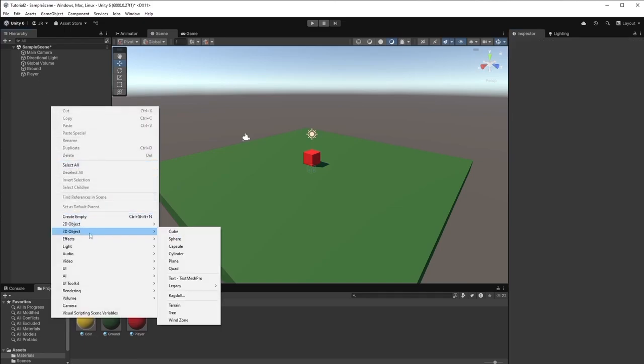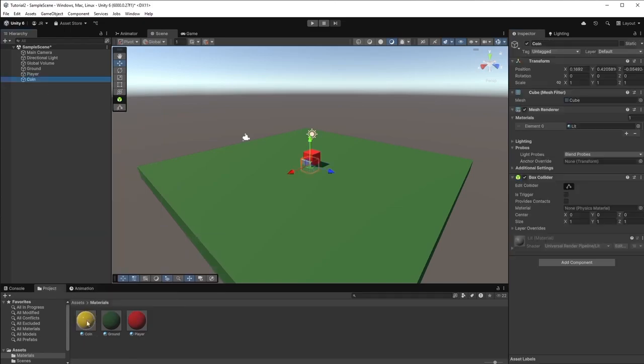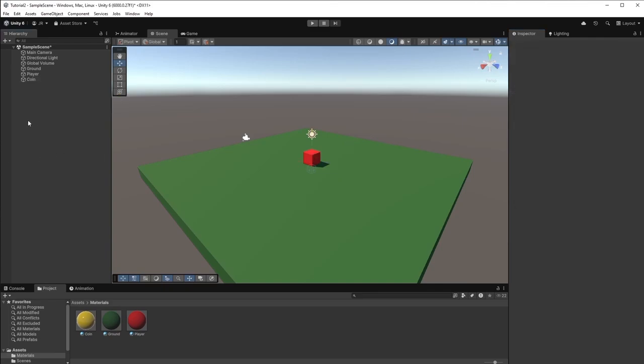We can go back to assets, create a new folder named Prefabs, and drag and drop our coin object into that folder, and after that we save it. We can delete it from the main hierarchy, and here we create an empty object